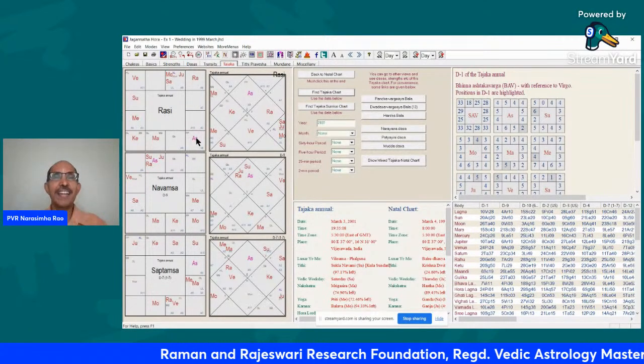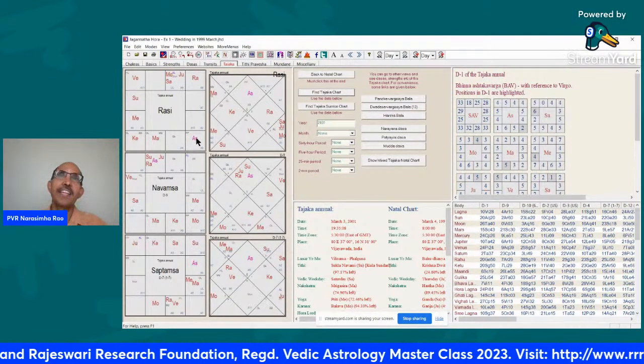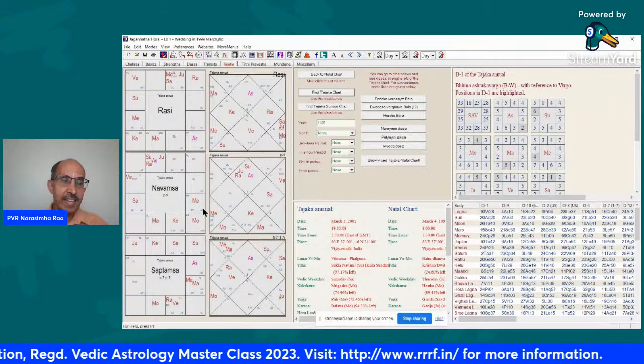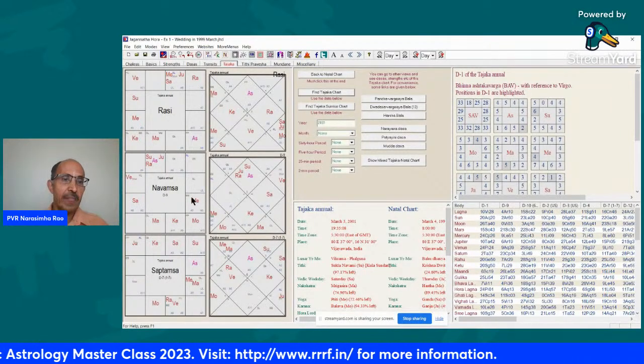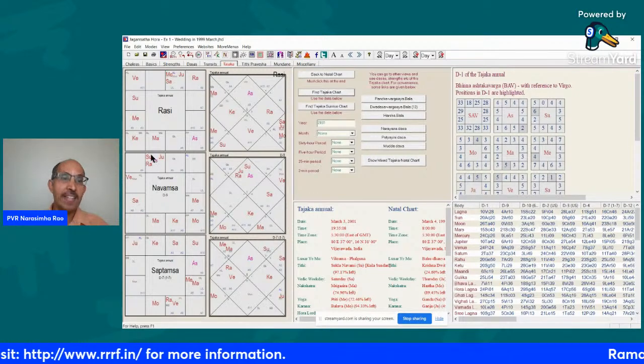So there are a lot of nice connections between first, fifth, ninth, etc., and some third and 11th involvements are also there. And if you look at the Navamsa chart, the fifth lord Sun and the ninth lord Jupiter are together in Lagna, and Sun is exalted.